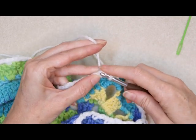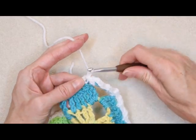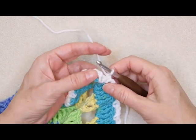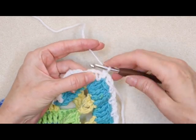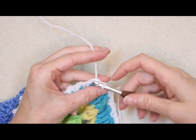I'm pulling on my yarn. I want it to be a tight slip stitch, and bring my yarn through. Chain 1, turn your work, and slip stitch way over into this next chain 2 spot. So we're going to join all this up as our single crochet. So right into the next chain 2 spot, slip stitch,